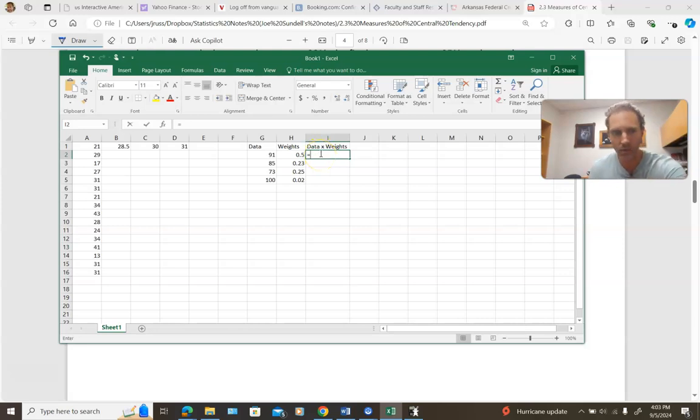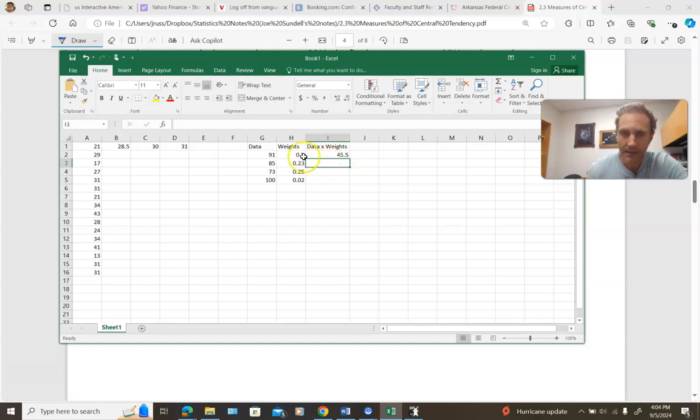You're going to say equals, and then you're going to select this first cell, and you're going to say times, and you're going to select that second cell, and you're going to hit enter. Okay, and it'll give you this value,